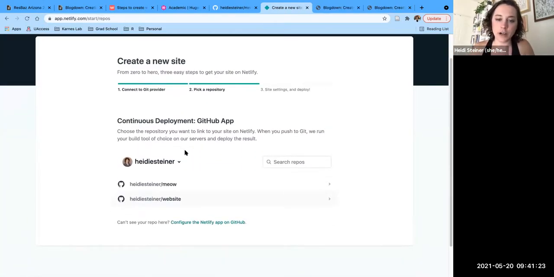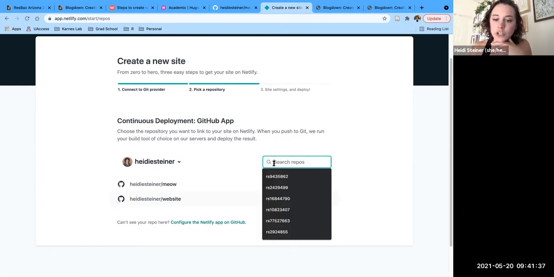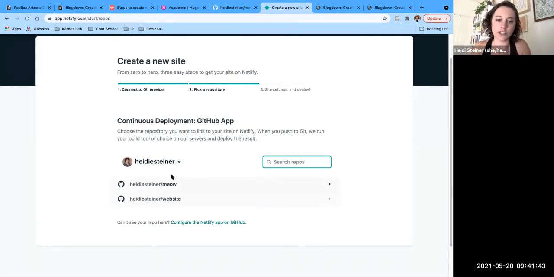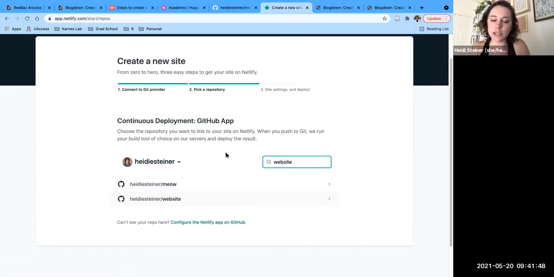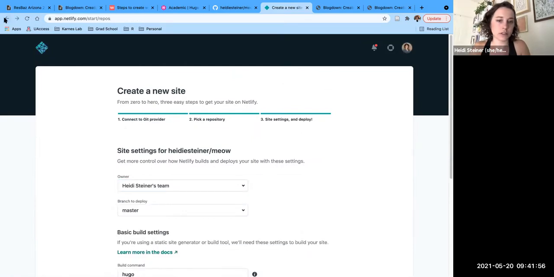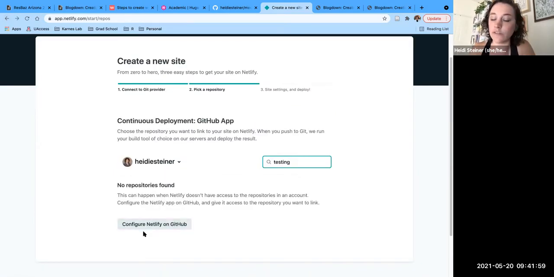when you're here, Netlify needs permission from GitHub to look at the repositories. So you're going to search for your repository here in the search bar, whatever it was. Mine's already here because I've linked it, but search for the repository if you made it like website or something. And if it's not in this list, another button will come up that you can configure Netlify on GitHub, and just click that and it'll